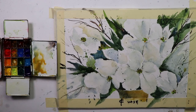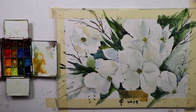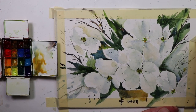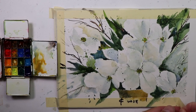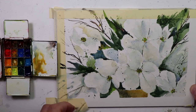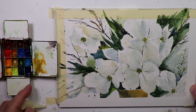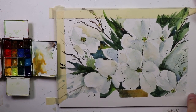Okay, I think that looks really good. This is the point where I say let's call this finished. We could always go back and do a few little extra things, but let's always kind of stop a little bit short, because we're always going to think, oh, I can do a little more to make it look better, and then we find that we kind of went too much overboard and it looks too cluttered. And so this looks just the right amount of finished look to it that I would say I like myself, but